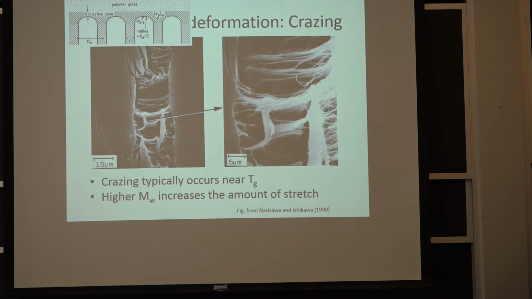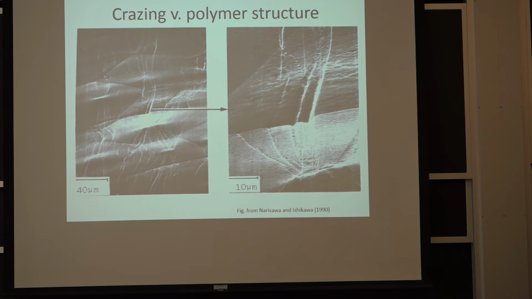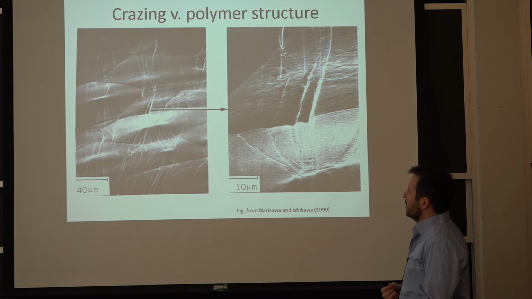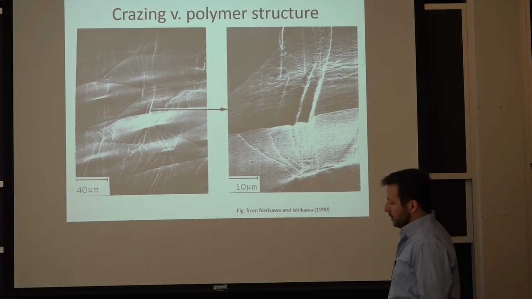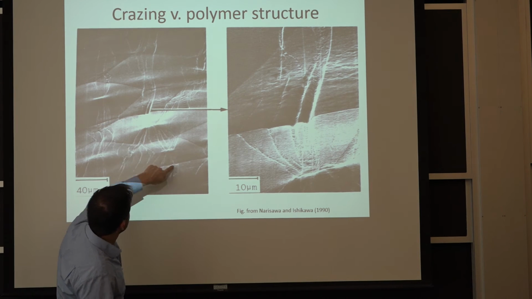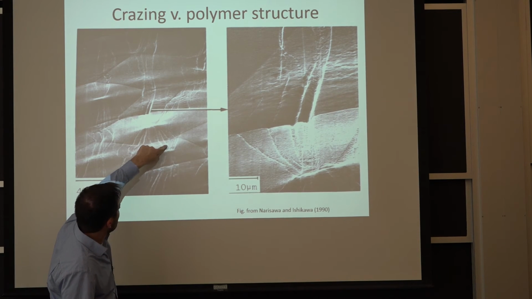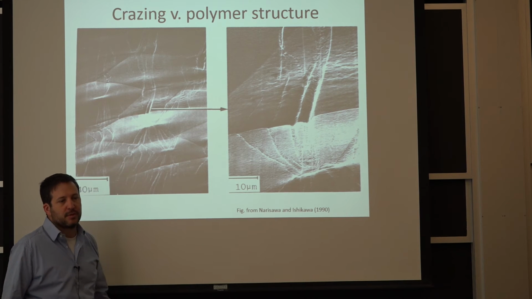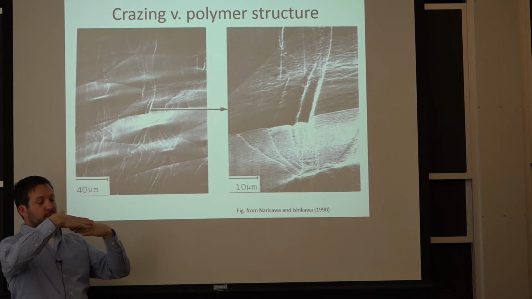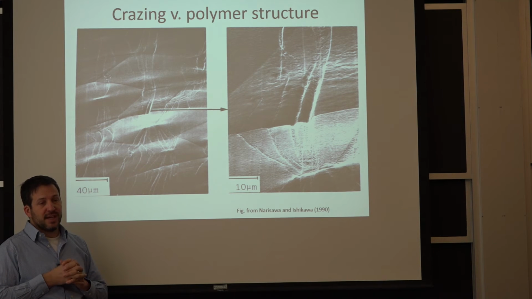So just to relate to what we were talking about, the spherulite and how the deformation starts, this is a visual view of craze formation in a very thin film, so it's a little difficult to make this on a large sample and visualize. But let's say you have a spherulite right here. You can see that the crazes all kind of go through the center of that spherulite, and that's because it's in this zone where the two crystals are parallel. We stretch them, and there's a lot of hydrostatic tension.